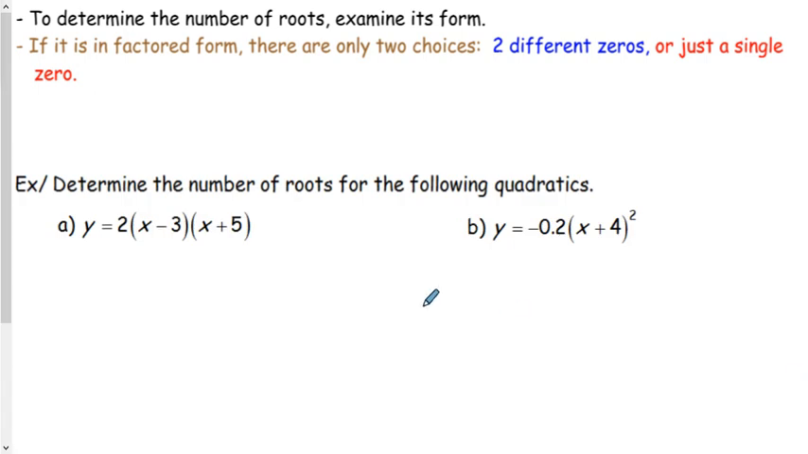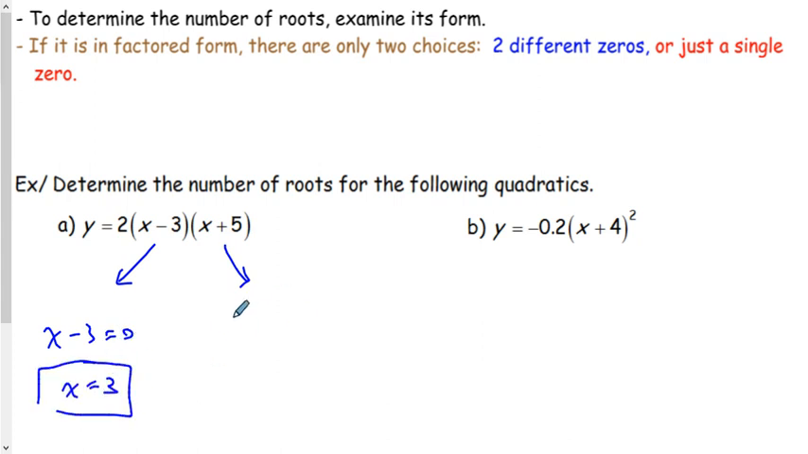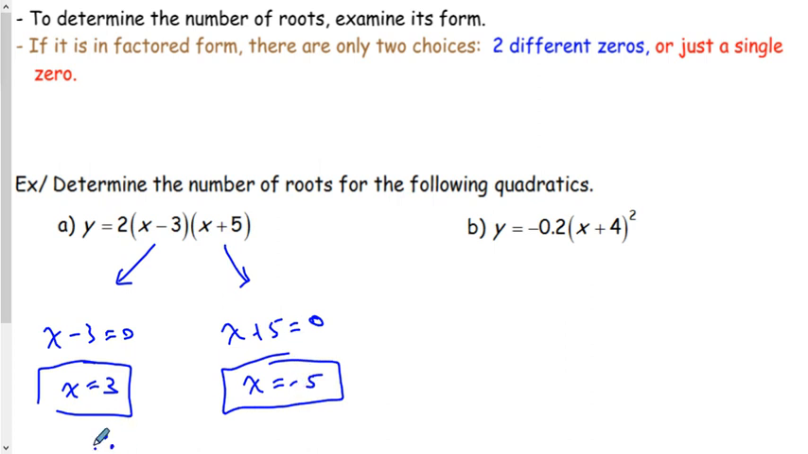So the one on the left is just like what we looked at in our previous lesson. We'd say, okay, here are two possibilities for our zeros, for our solutions. One of them is at x minus 3 equals 0, so that means x is 3. Our other one is at x plus 5 equals 0, so that means x equals -5. So factored form is going to tell us there's two roots,